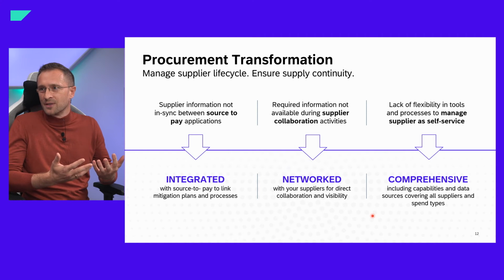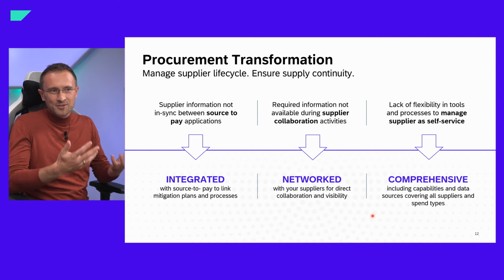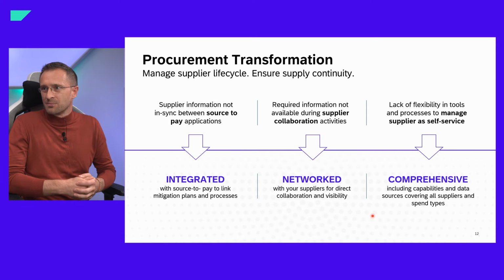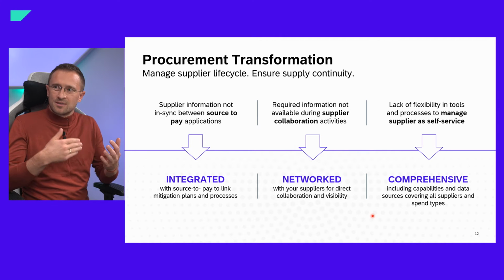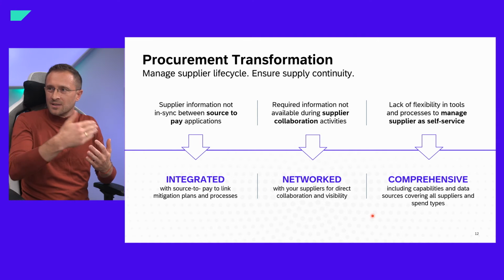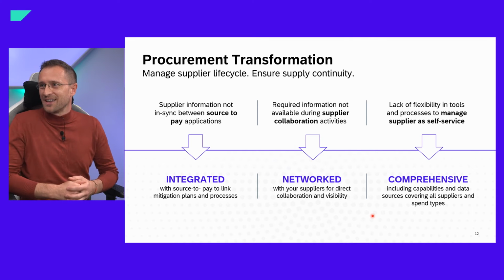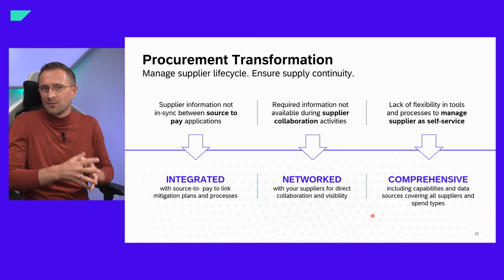the times are gone when you collaborated on business documents with your suppliers via email. Nowadays, you want to digitize and automate the flows, so you want to onboard your suppliers and connect with your suppliers via a business network like the SAP Business Network, because this is where the economy of scale comes into the picture. You connect once, but then you have, hopefully, a bigger number of suppliers actively using the business network, so you can automate on a wider scale.